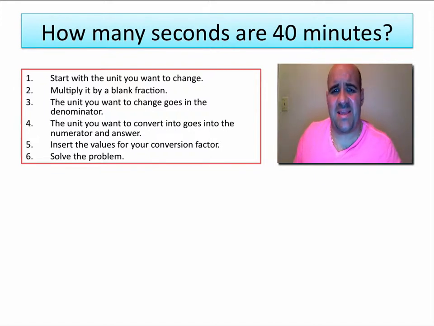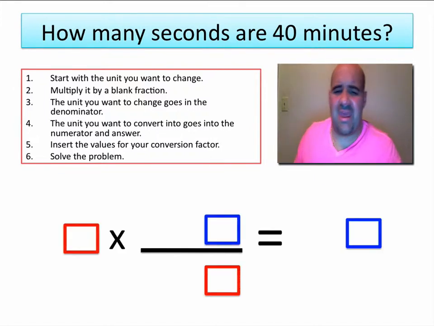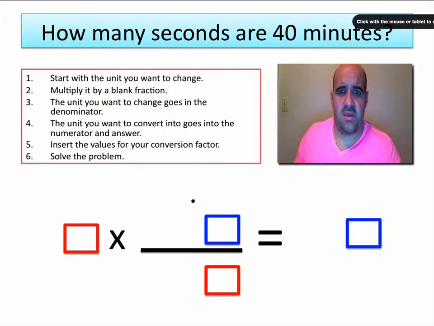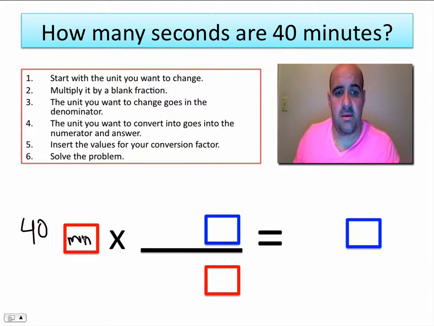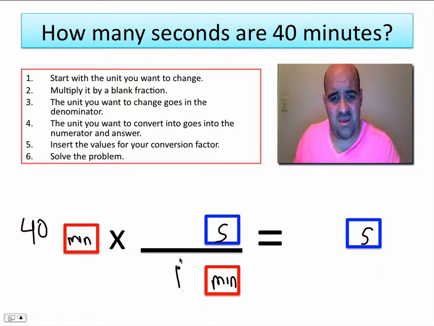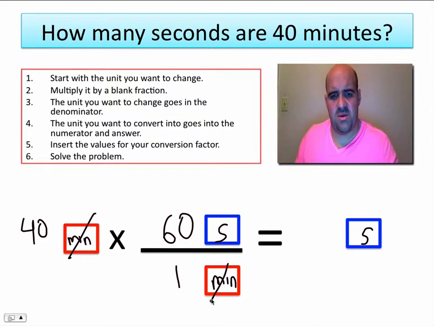And we'll go along. How many seconds are in 40 minutes? And again, I set up a box for you here, so we can do this way. We are starting with 40 minutes. And the unit that goes here also has to go down here. Minutes. And I'm asking how many seconds there are. So this is going to be seconds. Seconds goes there. It goes here as well. And what is the relationship between minutes and seconds? Well, 1 minute is 60 seconds. So I insert my conversion factor, and I know these minutes are going to cancel. And I'm going to multiply across 40 times 60. That's going to be 2,400. 2,400 divided by 1 is still 2,400